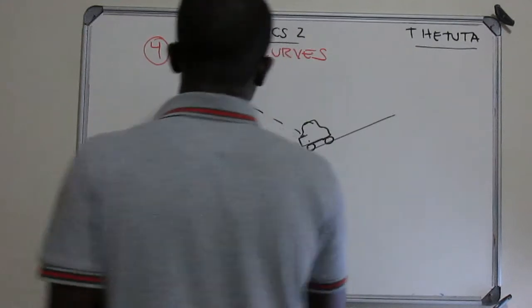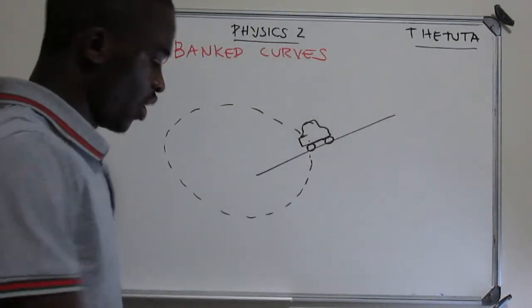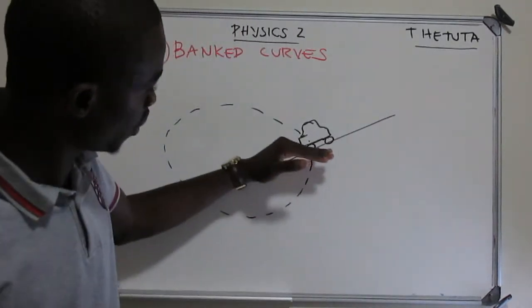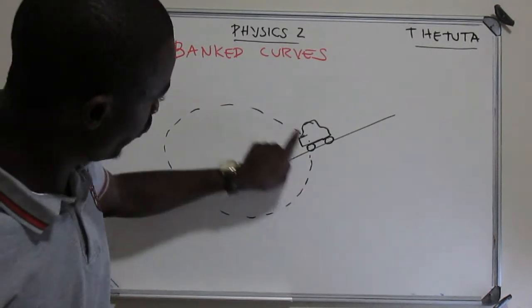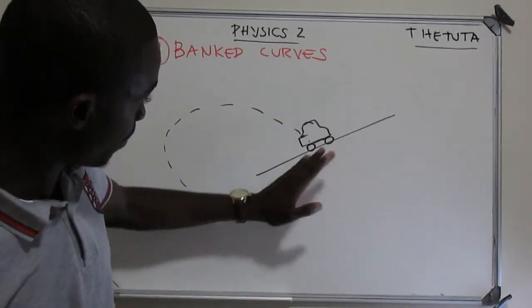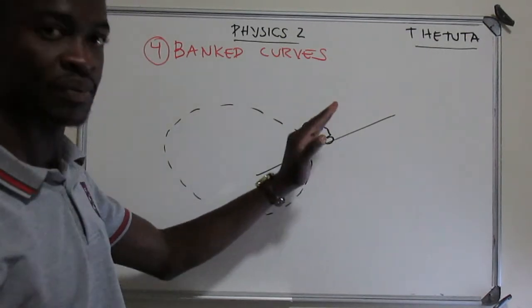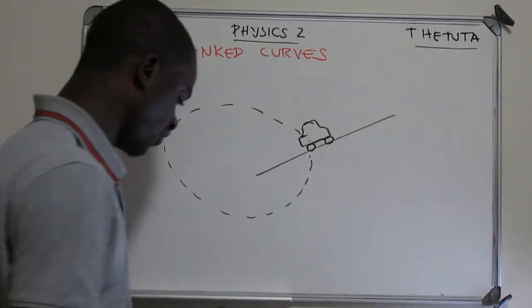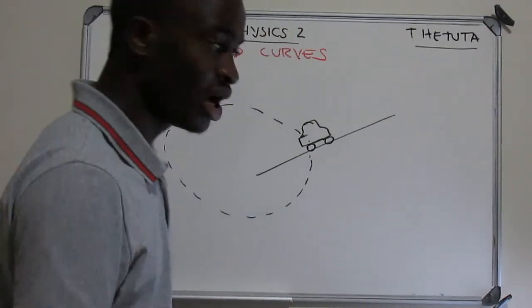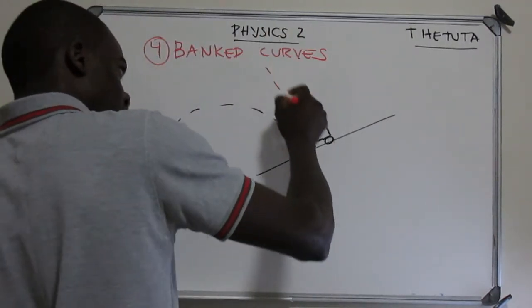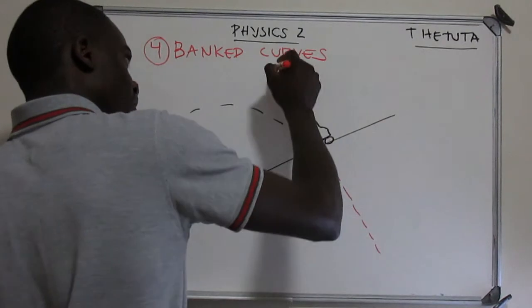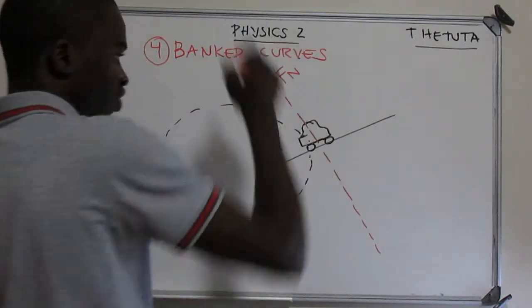And then we're going to talk about the banked curve. What is it about? It's all about if you have a car that is moving in a circular motion but it's banked. Okay? There is an inclination. And automatically, if there is an inclination, what do we have? We have a net force involved, and then we have our net force which will be in that position.